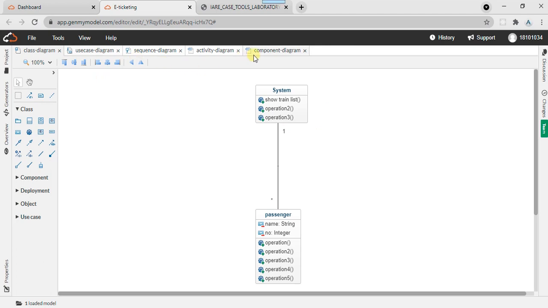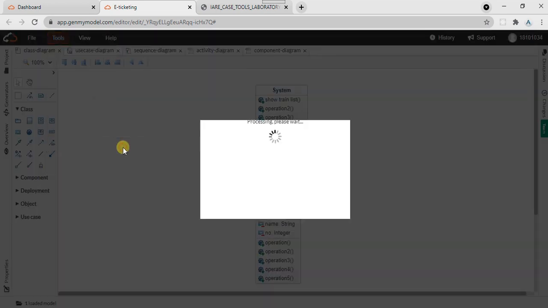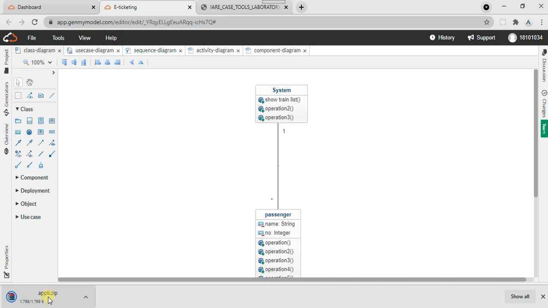After completing these 5 diagrams fully, you can go to tools, and generate Java. Once you complete your project, you can click generate Java. Now you can see here application.zip file is given.